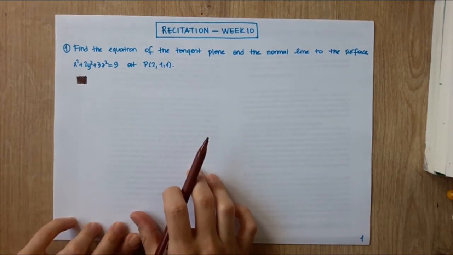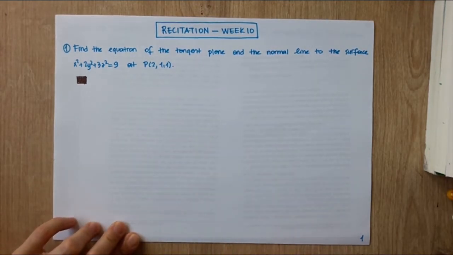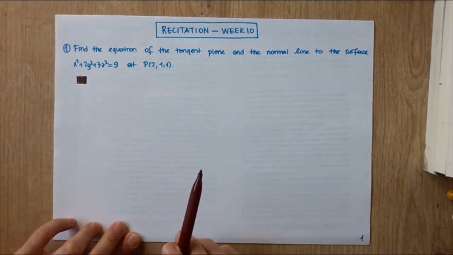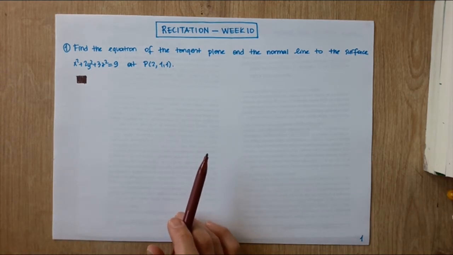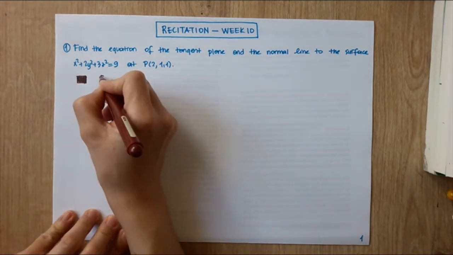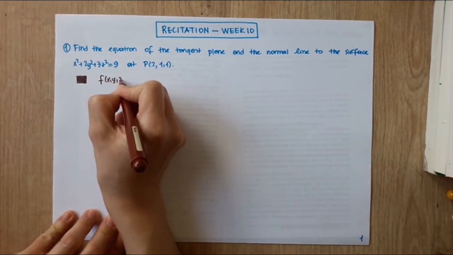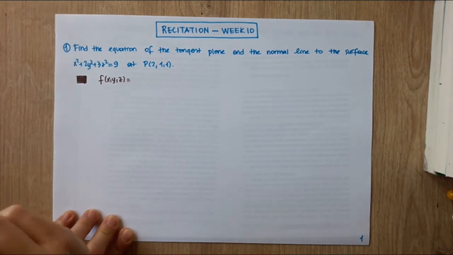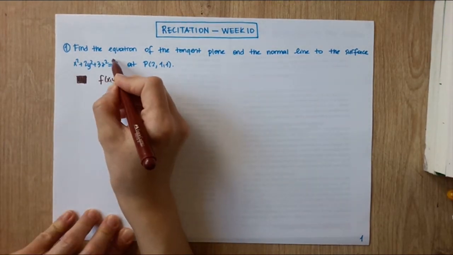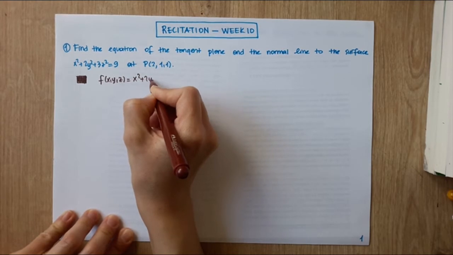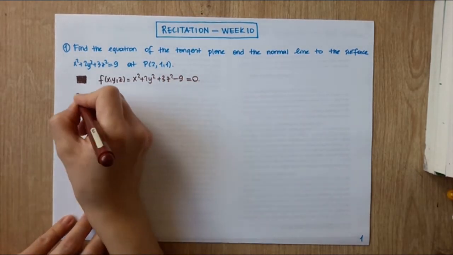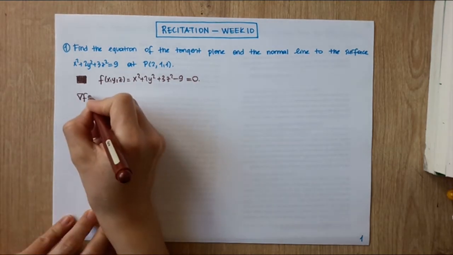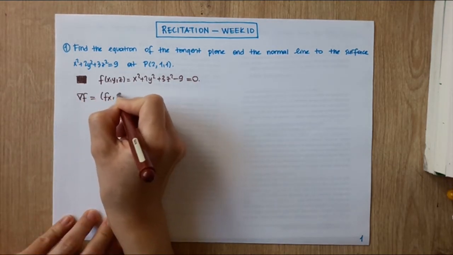But to do this, first of all, we need to calculate the gradient vector, if you remember, because the gradient vector of f evaluated at the given point is the normal vector of the tangent plane and also the direction vector of the normal line. So first of all, we should define the function which gives the given surface, and I will take this constant to this side to obtain my equation. Okay, so now I can calculate the gradient of f,